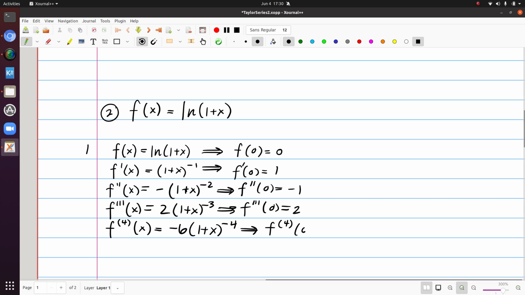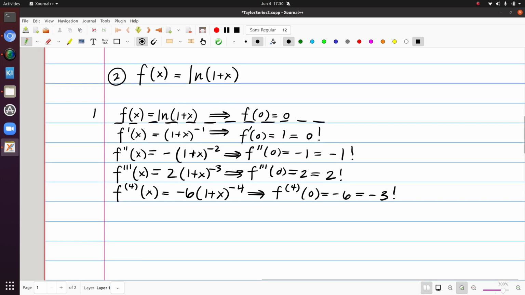Plugging in 0 gives me negative 6. So what I'm starting to observe here is that if we ignore the first term being 0, which doesn't really fit our pattern, after that the terms appear to be alternating in sign, and I can start to associate these to factorials. So this is negative 3 factorial, positive 2 factorial, negative 1 factorial, positive 0 factorial. So after this point,